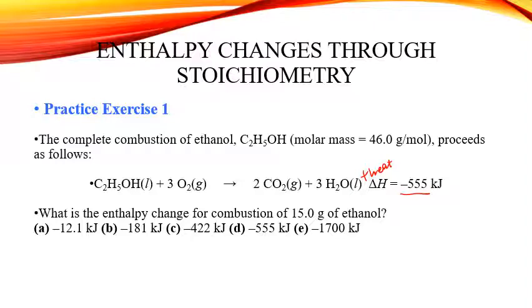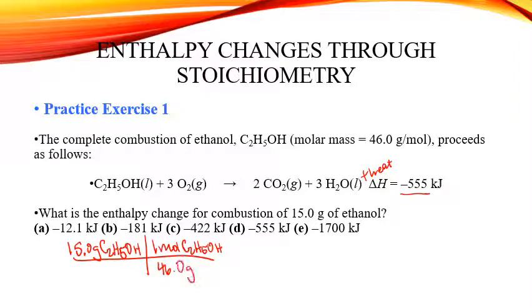So when we look at this problem, what is the enthalpy change for the combustion of 15 grams of ethanol? So all we need to do is convert our number of grams of ethanol into moles, and then just simply use our chemical reaction to determine how much heat is released. So as we begin this particular problem, we would start off with the 15.0 grams C2H5OH. We would divide that, 1 mole of the ethanol, molar mass was said to be 46.0 grams,